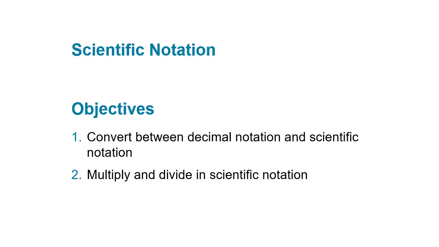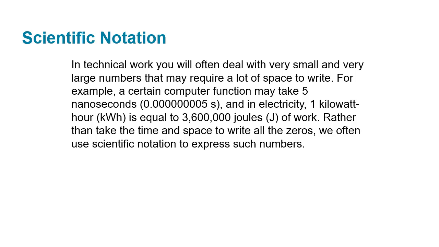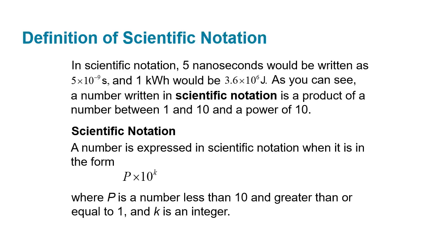Welcome to our discussion on scientific notation. Scientific notation is a way of efficiently describing really, really large numbers and really, really small numbers. It's basically just a way of compressing all of those zeros down and just describing them as a power of